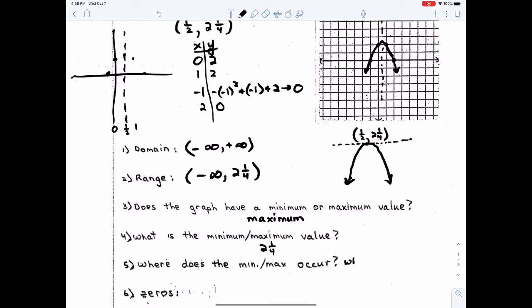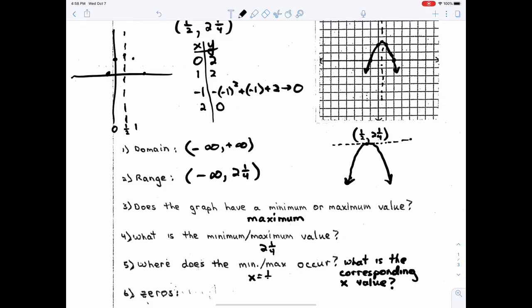What is the corresponding x value for the maximum or minimum? If I didn't define that for you right now, I don't think there's any way you'd know it. I certainly know I wouldn't know it, okay? So what's the corresponding, where does the minimum or maximum occur? In other words, where in the x direction does it occur? And it occurs at an x value